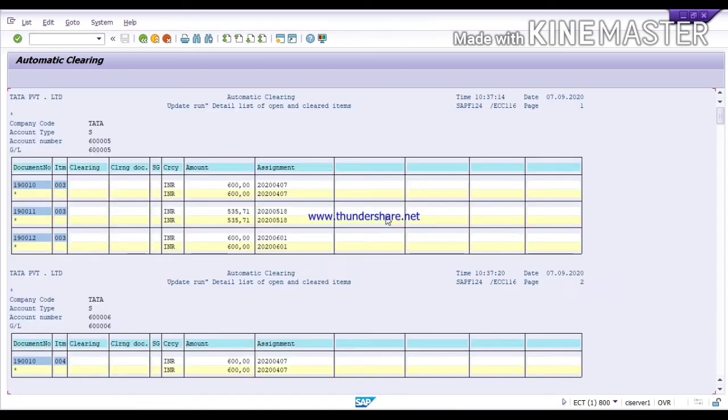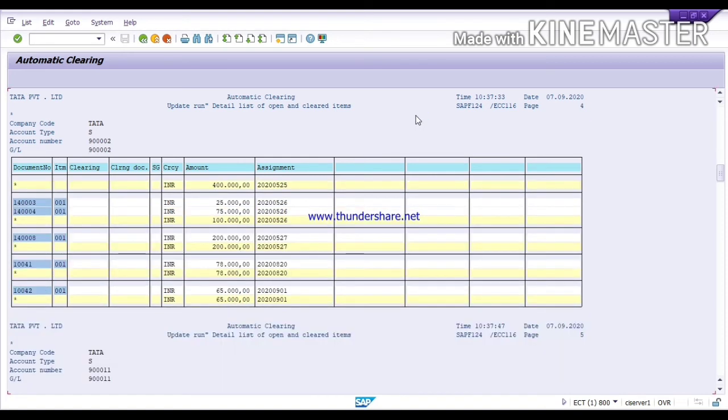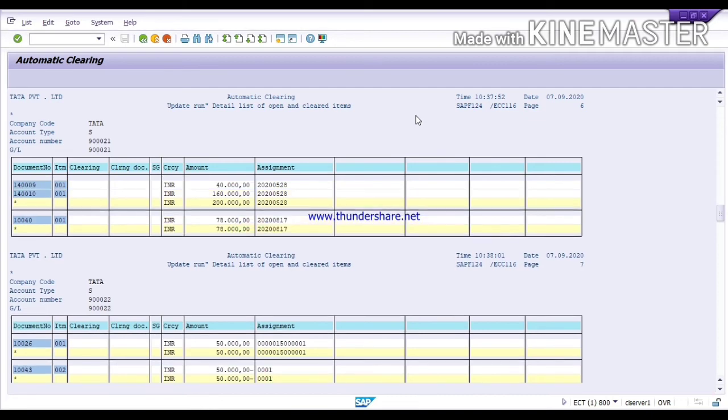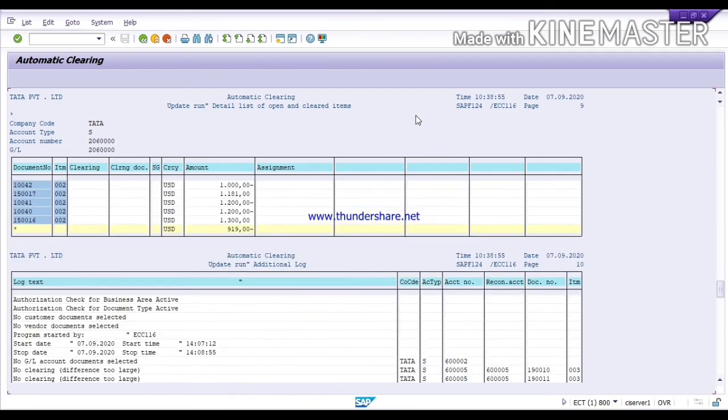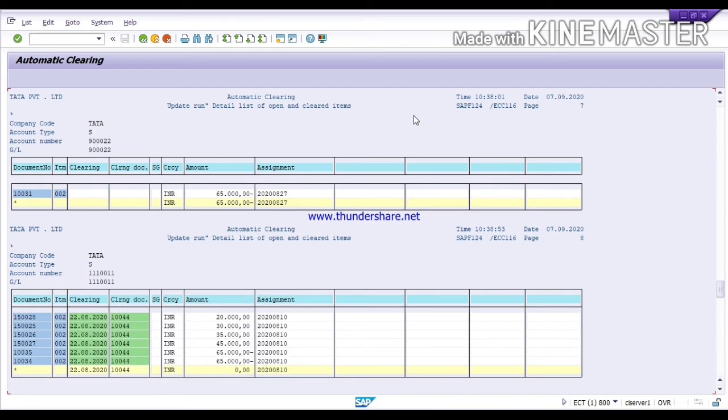Now you can see this list is updated. Move down. Here you can see these are the items which we have cleared now, and this is the clearing document number which is generated now based upon our automatic clearing.